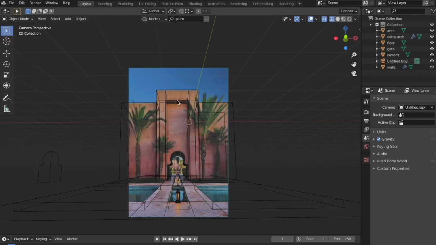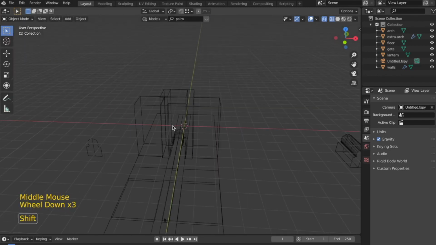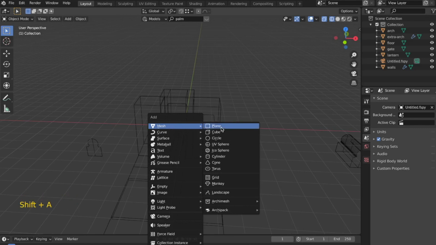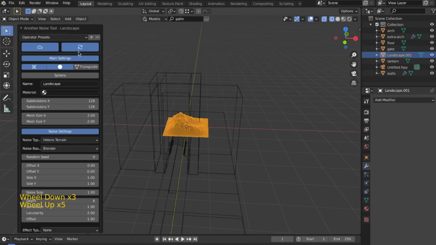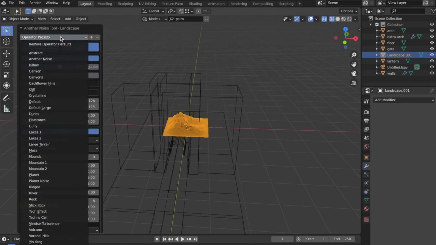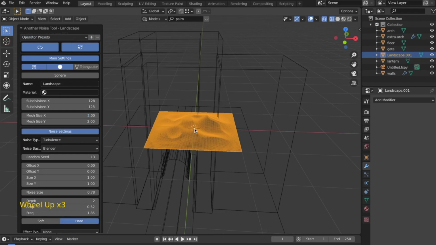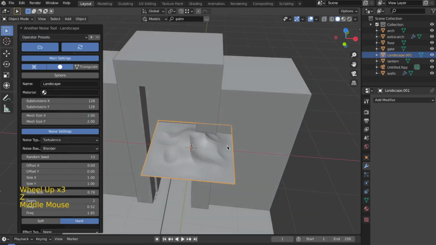Now that we have added it, I will go into the add menu, and over here you can see this landscape option right now. So from landscape there are many presets which we can choose from. So the preset that we want right now is the desert preset, but in this case we can choose the dunes preset. So now that I have chosen it, I will go to the solid view and let's see what we can do over here.